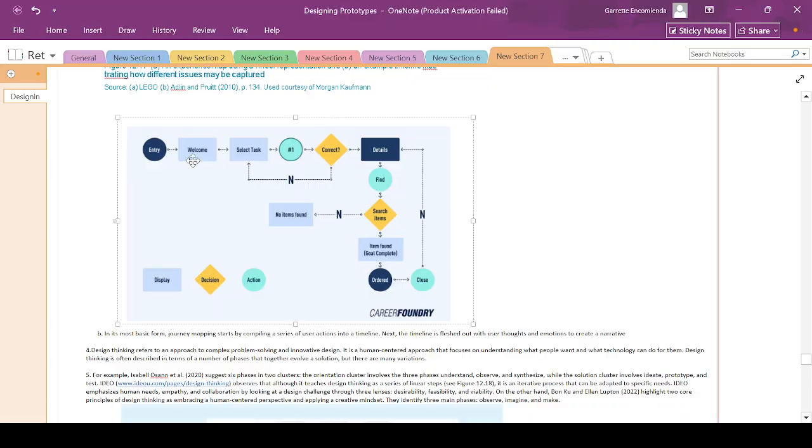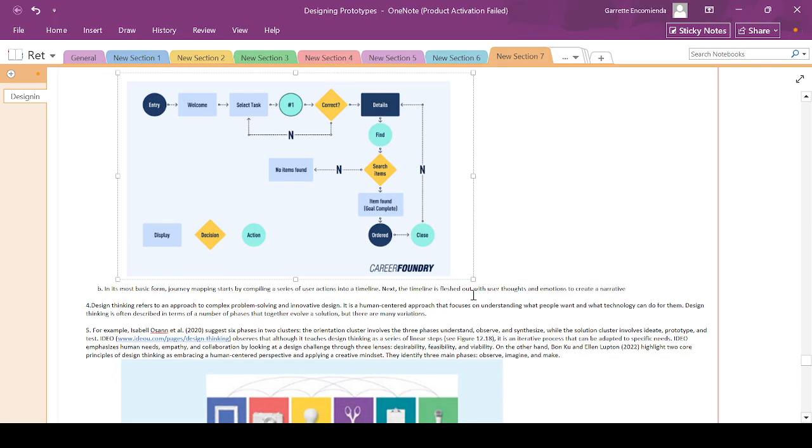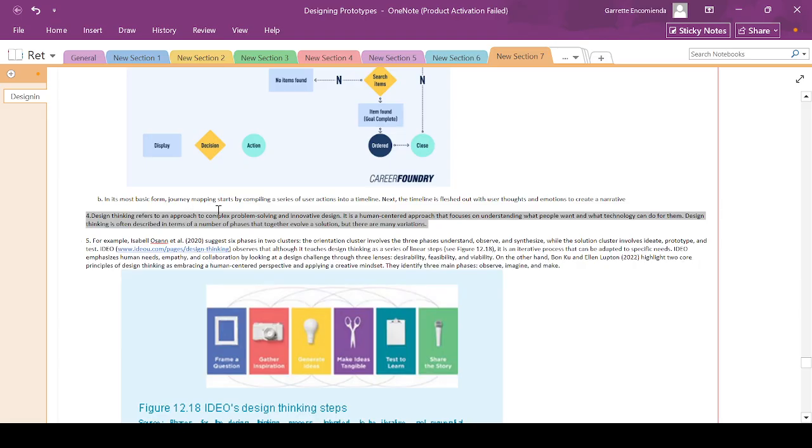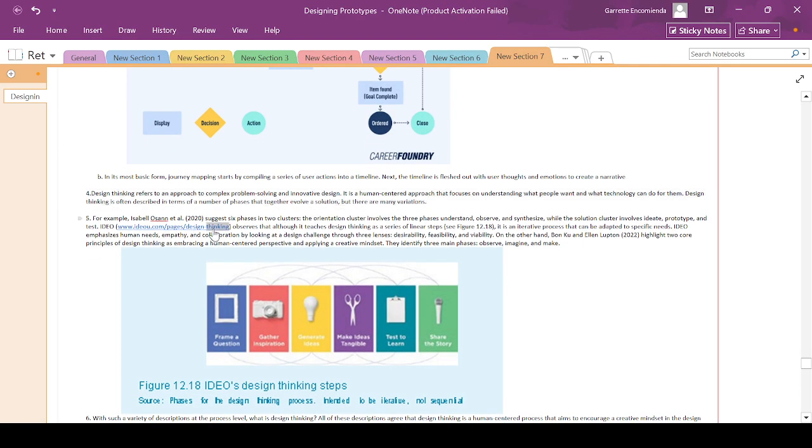So here: entry, welcome, select task, no, correct, details, find, search items, no items found. So here's an example journey map for a website. It starts by compiling user actions into a timeline, and then the timeline is fleshed out with users' thoughts. So after a timeline, before you can get to the user's thoughts and emotions, design thinking refers to